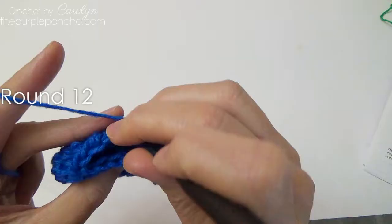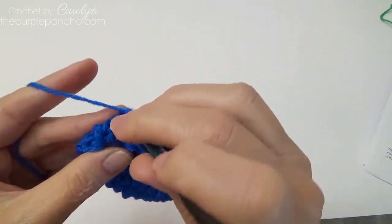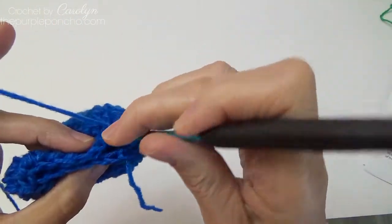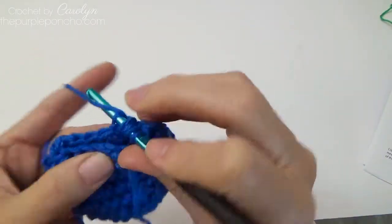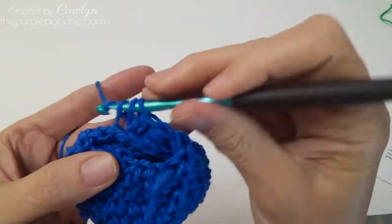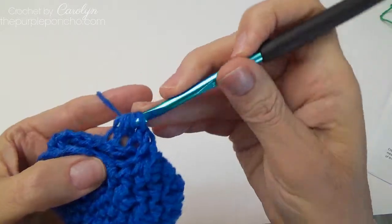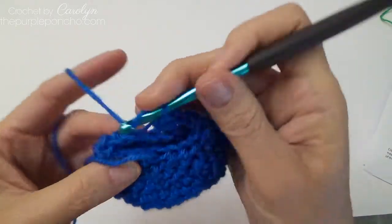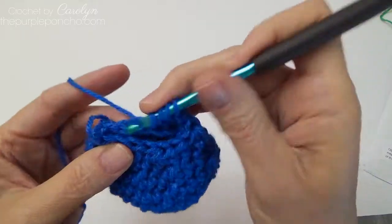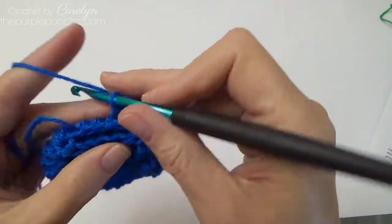half double crochet together and one in the next two stitches, and then two together, one in the next two, two together, one and one, two together, and one and one,